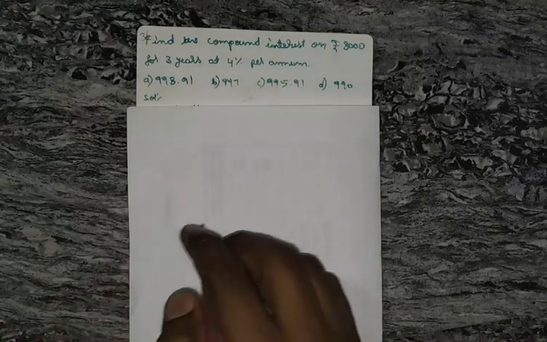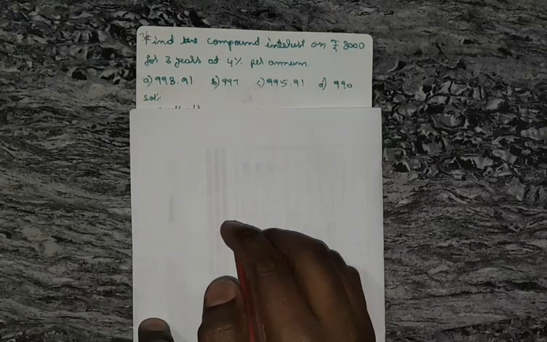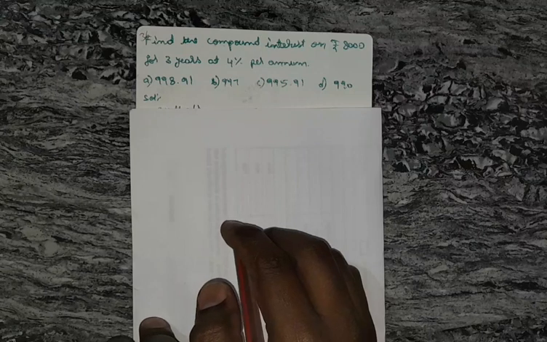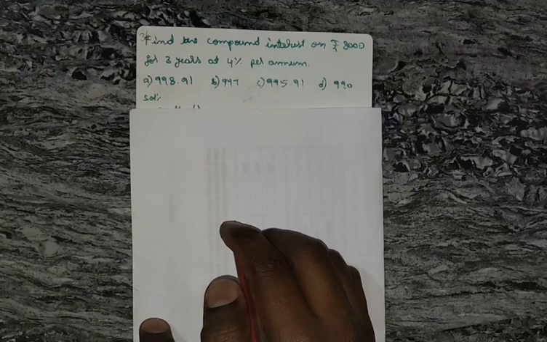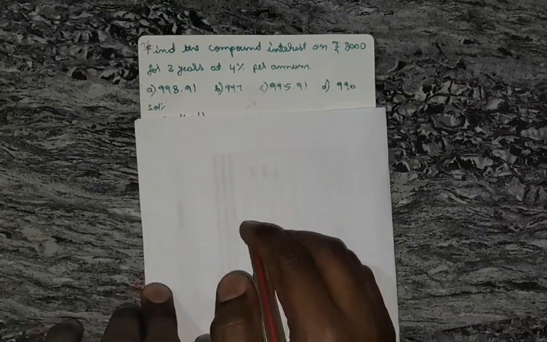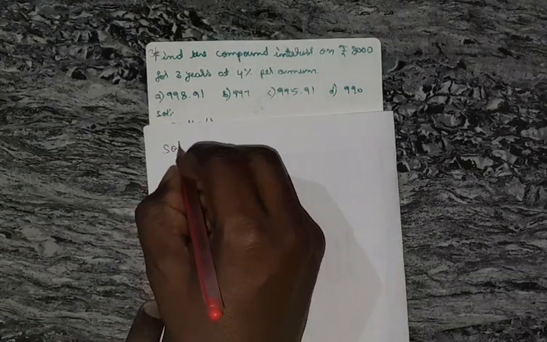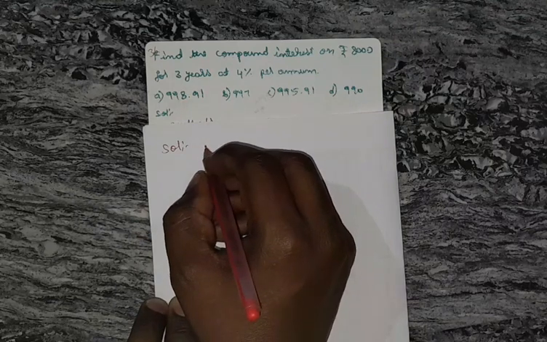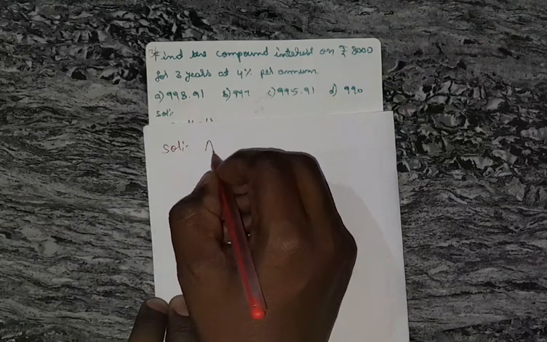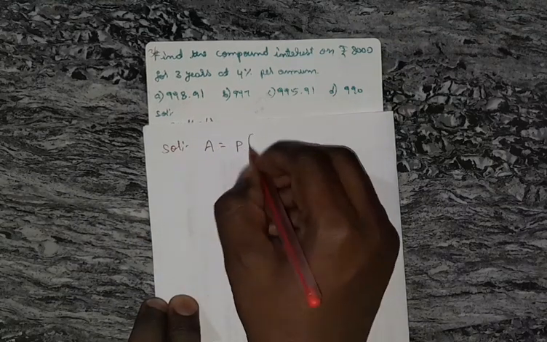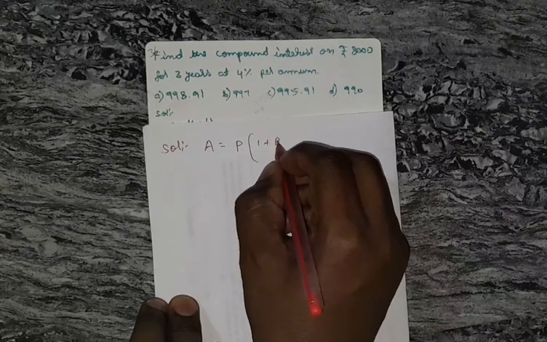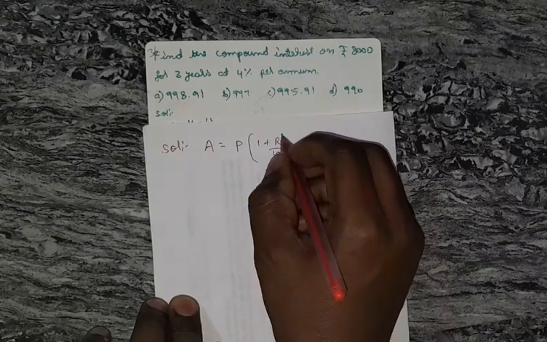Question number 36. Find the compound interest on rupees 8,000 for 3 years at 4% per annum. That is the solution. Formula: the compound interest formula is, amount is equal to principal amount into 1 plus r divided by 100